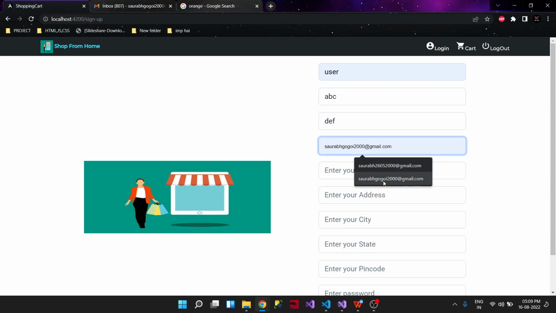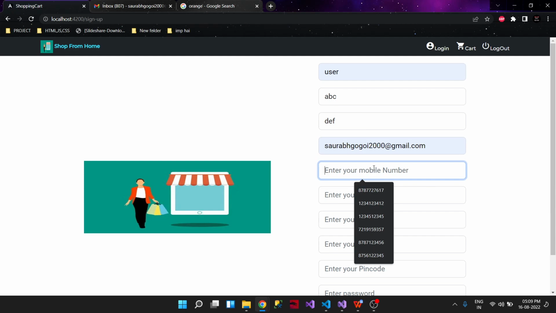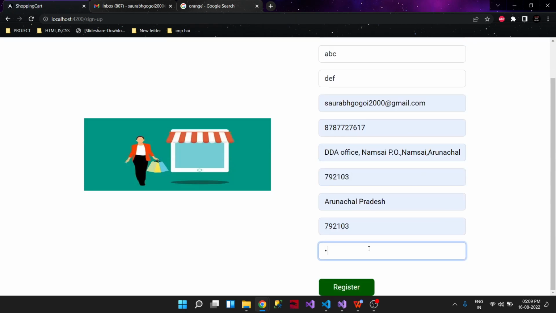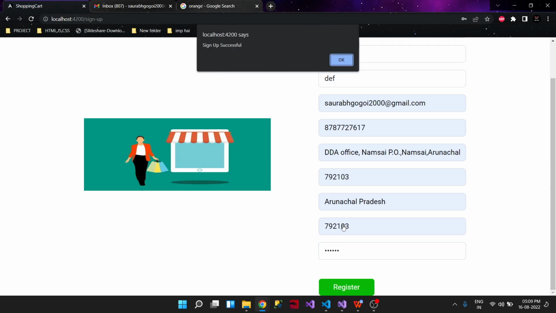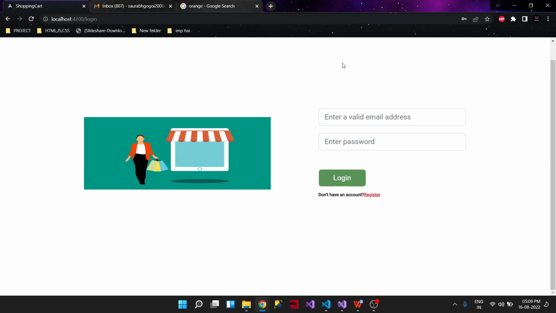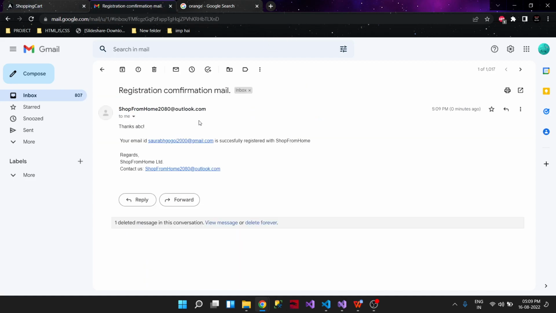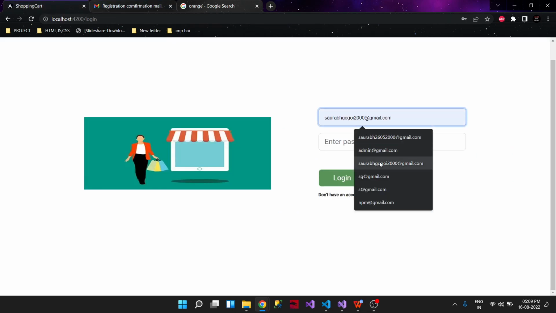Here, as you can see, I've added all the validations for the email and password, like the phone number must be 10 digits and all that. And also let me show you, I've added the email service. If the user does a first time login, then you can see the email comes to that mailbox that the user is successfully registered with the website. So now if I want to log in,